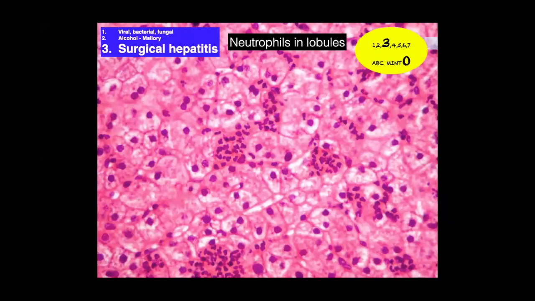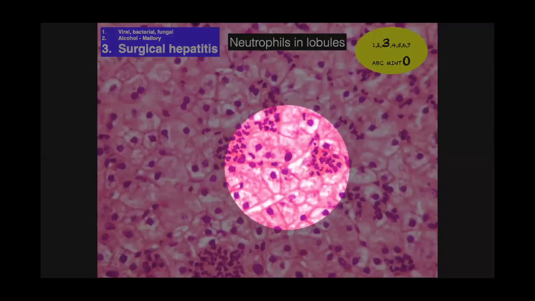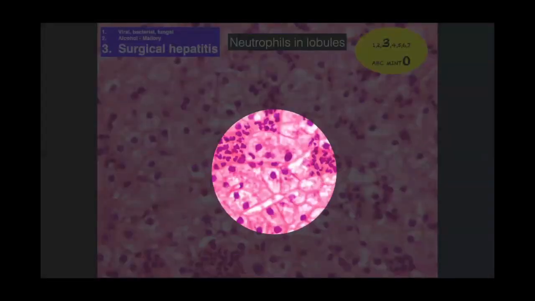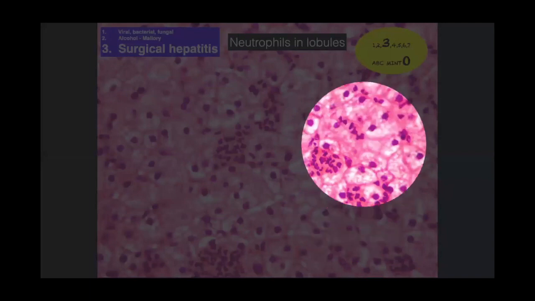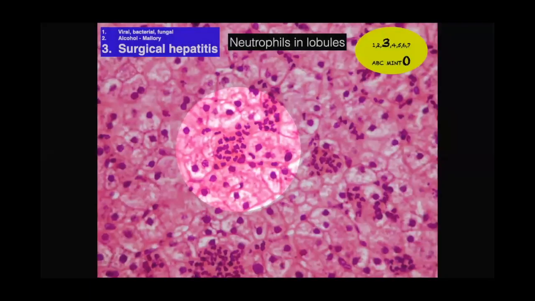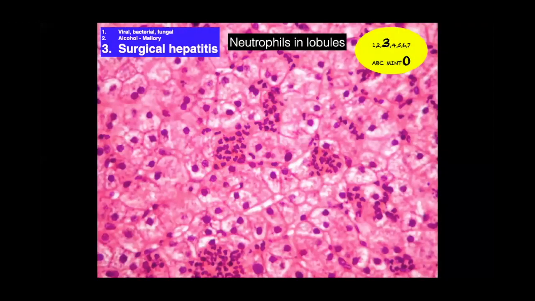Surgical hepatitis is a special condition, but this is nothing to do with liver disease. Can you all appreciate the neutrophils filling up the sinusoids? These are predominantly seen as an iatrogenic change, where you put too much pressure on the liver, especially when you are taking the wedge biopsy of the liver, you can see a lot of neutrophils coming there.